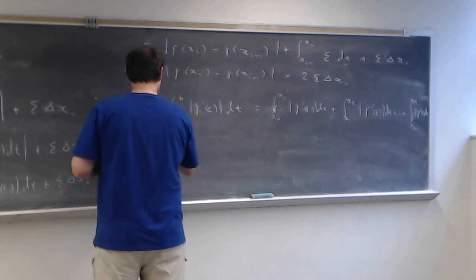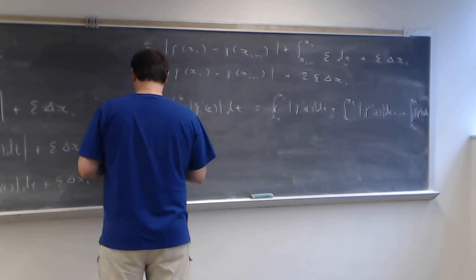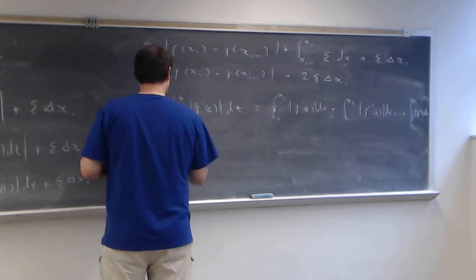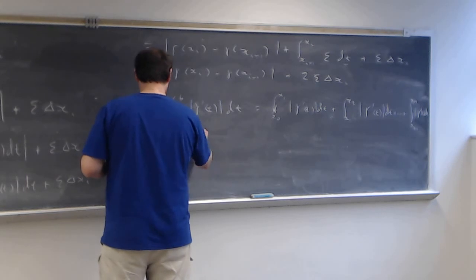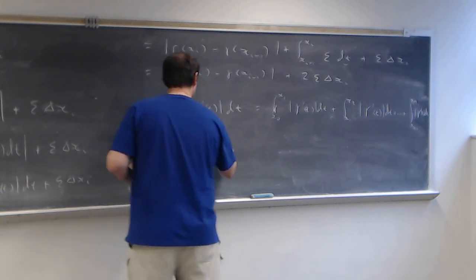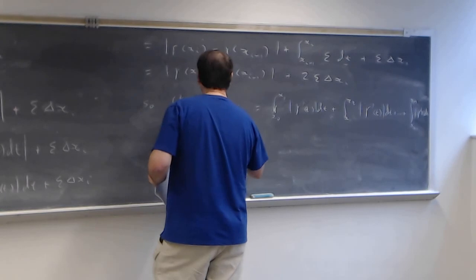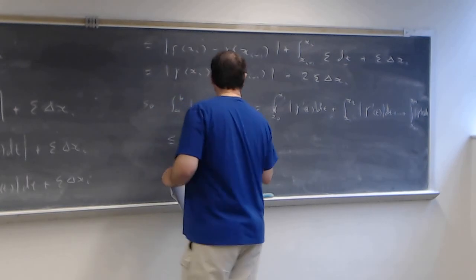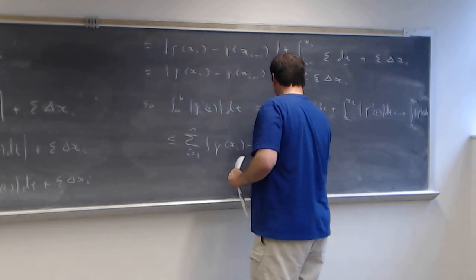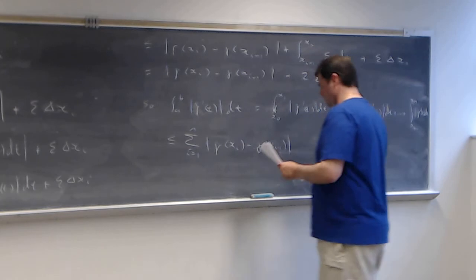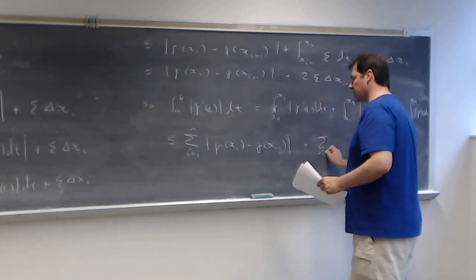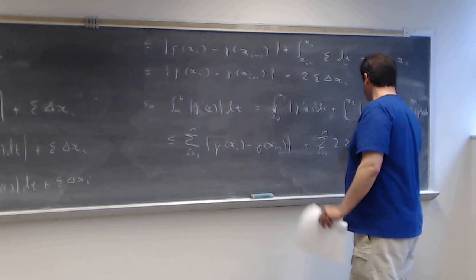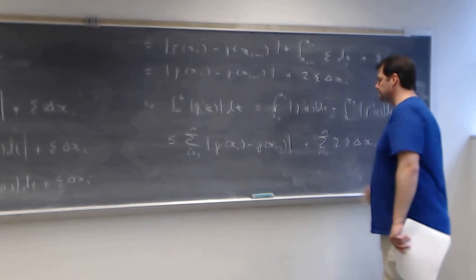Which is less than or equal to, so this was a sum, so replace each item in the sum by something bigger. So that's the sum as i runs from 1 to n of the norm of the difference gamma of x of i minus gamma of x of i minus 1, plus we sum up this part as i runs from 1 to n, 2 times epsilon delta x sub i,